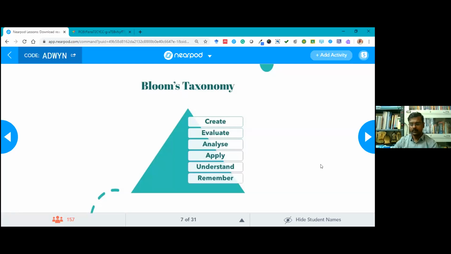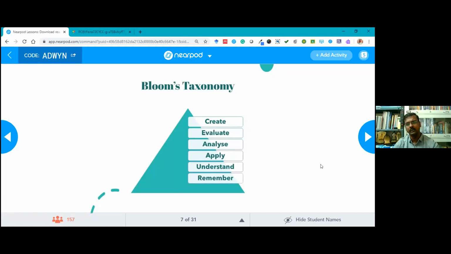Yeah. So Benjamin Bloom, an educator and a theorist, classified our thinking into six categories. Taxonomy means classification. He classified our cognitive domain, our cognitive functions, into six different categories. The lowest level is remembering, and the highest is creating. And this Bloom's taxonomy is used for various purposes in education, to create learning objectives and to create activities and